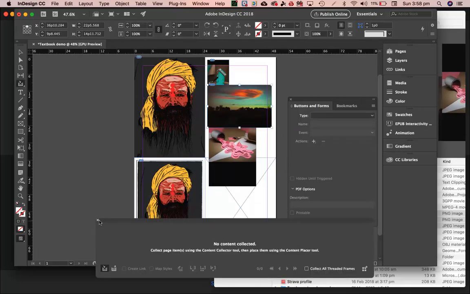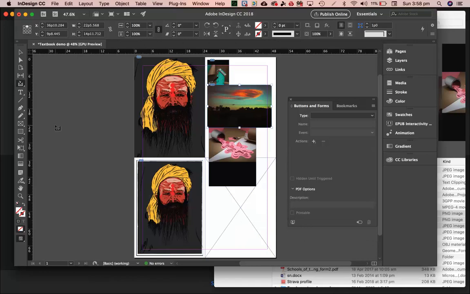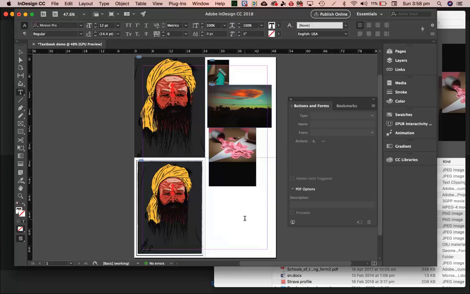Next thing that I can do is I can now say, well, I want this to be some text, so I click on my type tool, click on there. I can now go test. I'm going to highlight and copy that, paste it many times. There's all my text going across the screen,